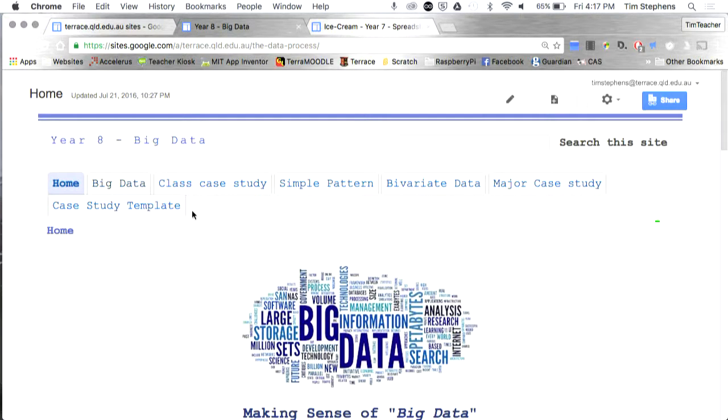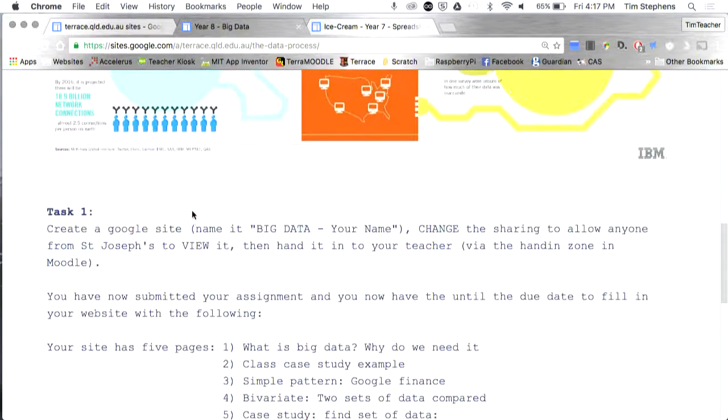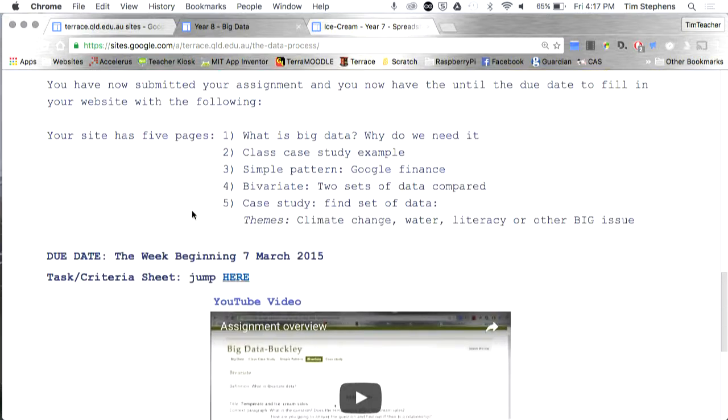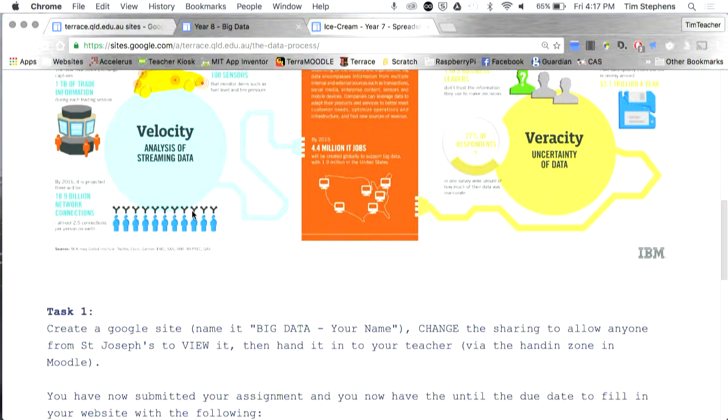So that's the big data course, and we go through what big data is and storage and all that sort of stuff. And it's a lot of spreadsheeting as well again. That's because one day I had an exam supervision of a Year 10 accounting exam, and there was a boy there with a computer with a spreadsheet in front of him and a calculator, and he was calculating things and then putting it into the spreadsheet.